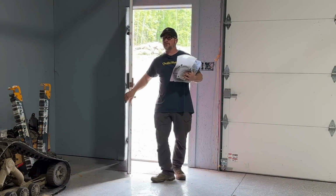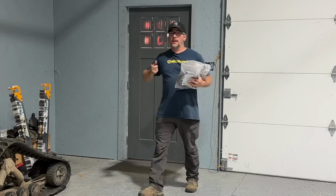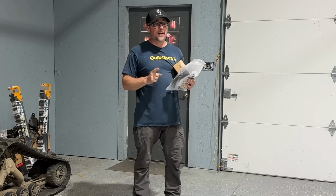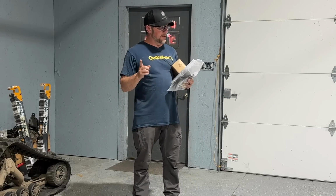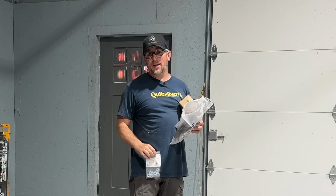All right, so I don't know if you guys remember, but a few weeks ago, to a month ago now, we had issues with the Kubota mower deck, and I had to take it off. Fixed some issues, they weren't major. I had to get some metric bolts. Nobody local had them, so I ended up ordering them from